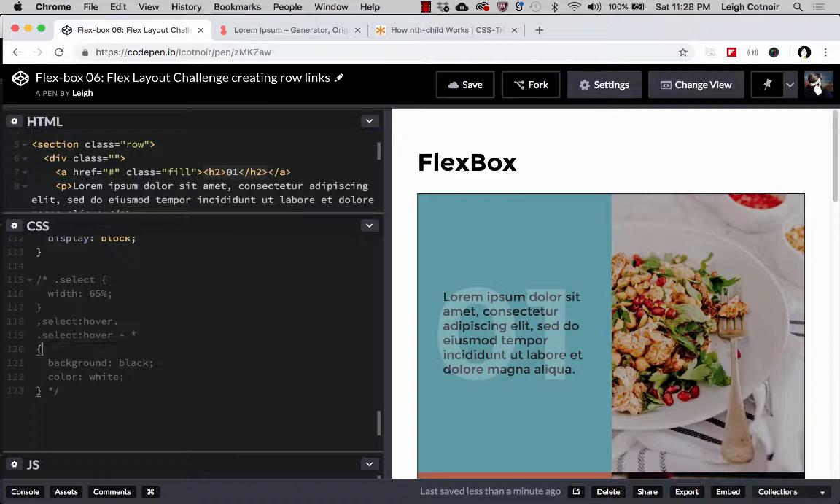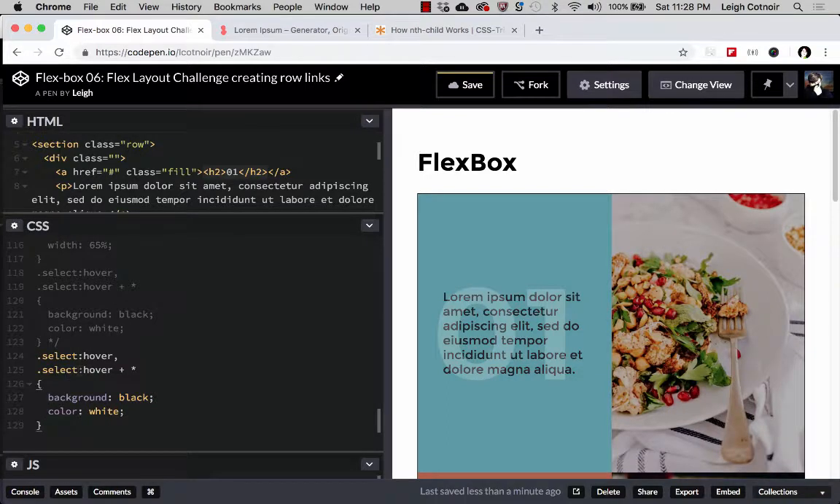So I'm just going to copy this for a second. Make sure I get that ending curly brace, and I'm going to paste it here. It's not going to do anything because I don't have a select class anymore. I took it out of there. I'm not using it. But what I can do is look at these other rules that I had written,